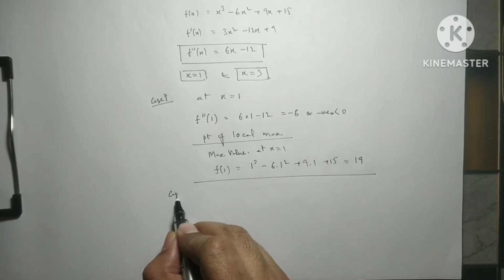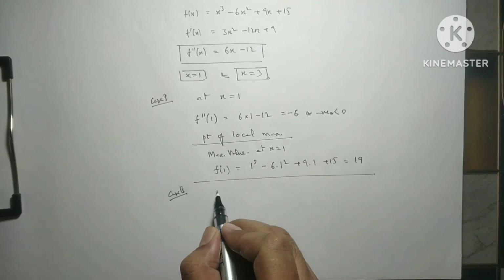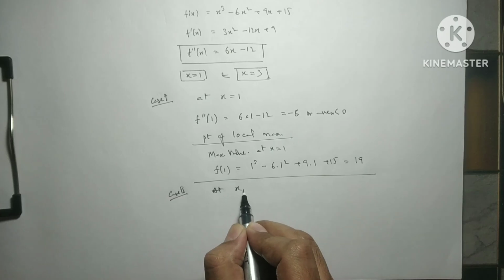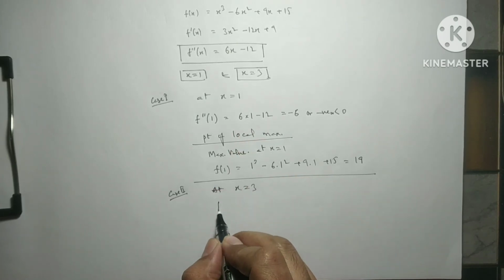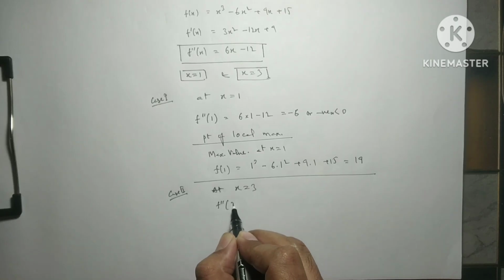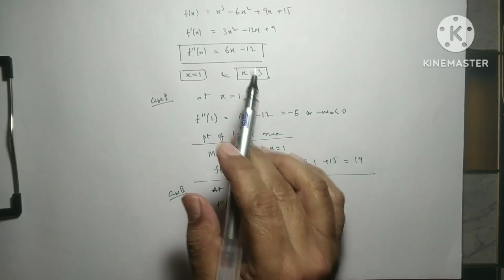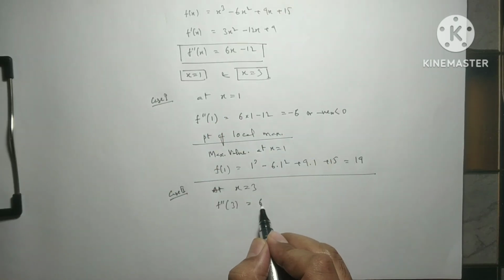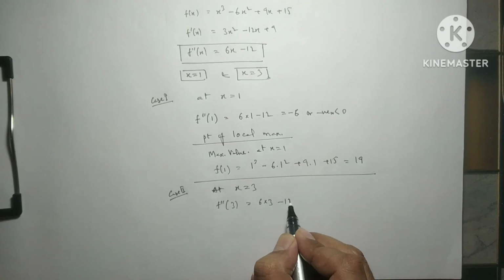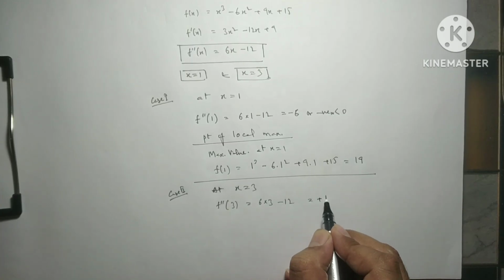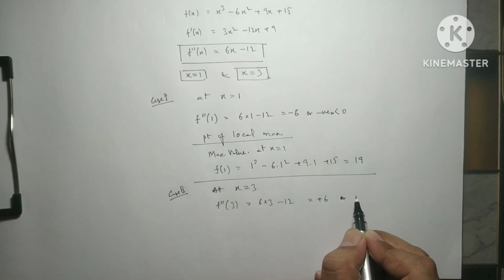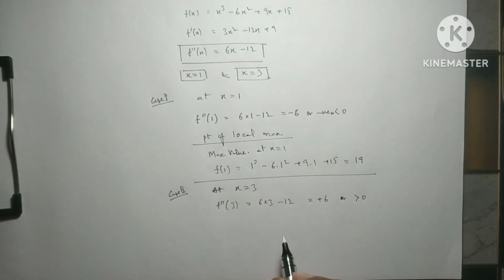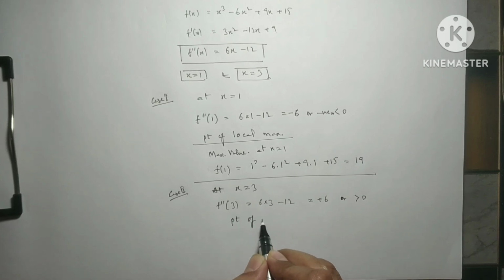Now case 2, at x equals 3. So f double dash at x equals 3 will be, put this, 6 into 3 minus 12. So we get positive 6, or you can say greater than 0. So it means this is a point of local minima,